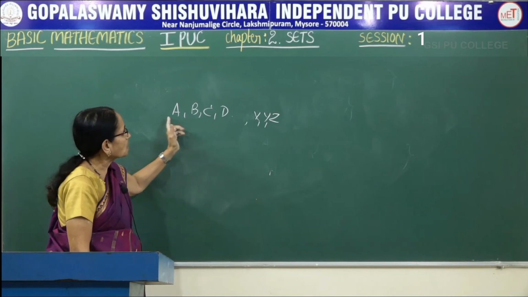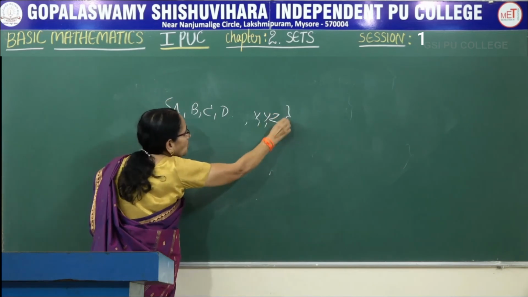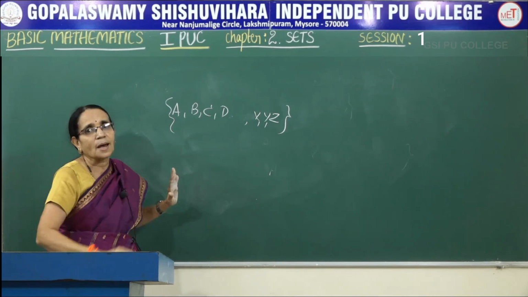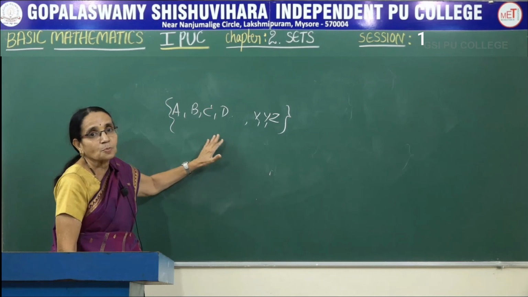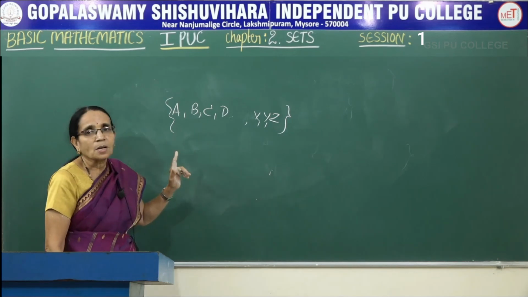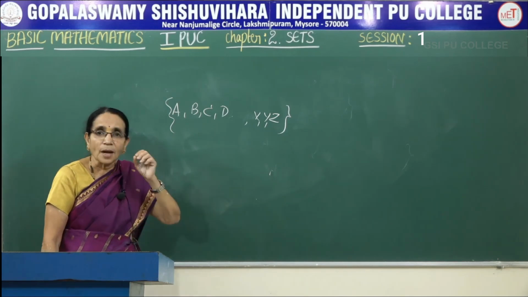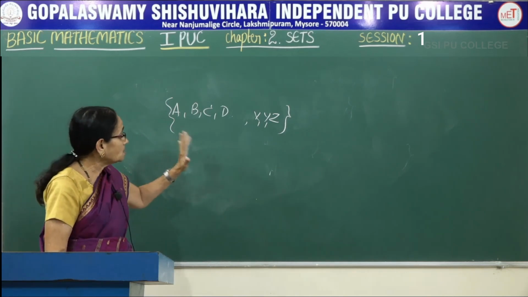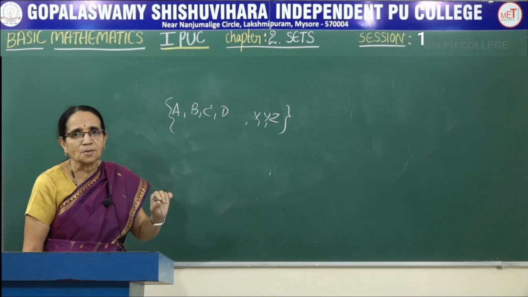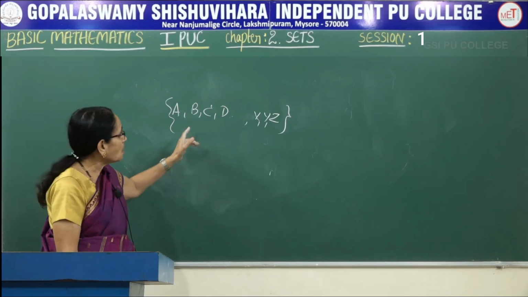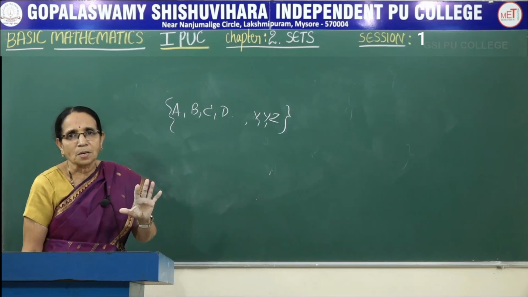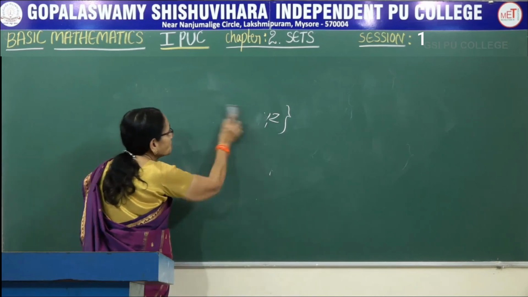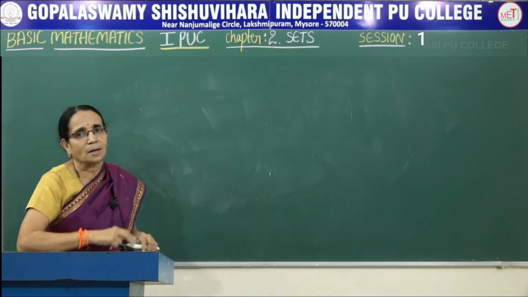Now you can see, when you take the collection of them, you observe that all of them are only alphabets of the English language. No other element is present here. Certainly, we can call it a set. So, alphabets of any language for that matter. If they ask you, is it a set? Certainly, you can say it is a set. Why is it a set? Because all of them possess a common property. That means all of them are of the same type, all of them are alphabets of the same language.